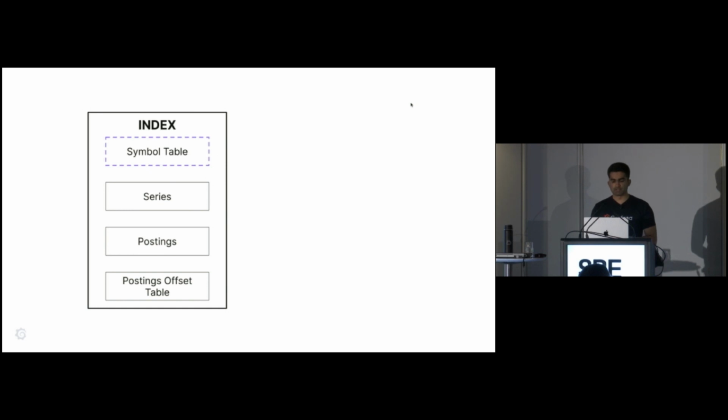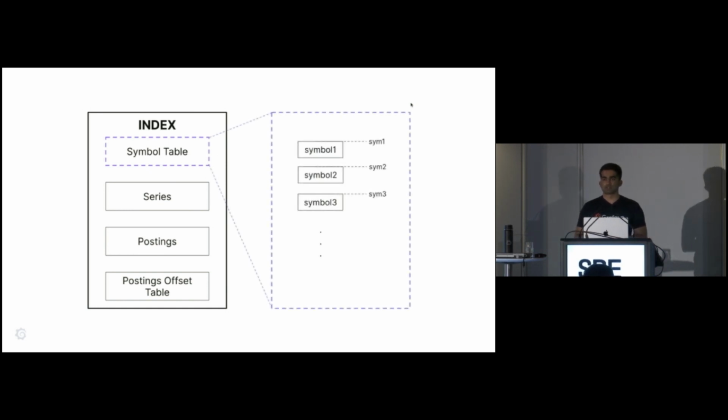So first, symbol table. In a time series, you saw that it has label value pairs, and the label names can be repeated in multiple time series, and the label values can also be repeated in multiple time series. And you don't want to repeat this in the entire index. So what you do is you have a symbol table where you have a unique set of all the strings, the label names and the label values; we call each one a symbol here. You have a unique list of sorted symbols here. And again, the symbol 1, symbol 2, symbol 3 that I have mentioned is like an offset. So use the offset where the string is present, and that number you can use to represent a particular string